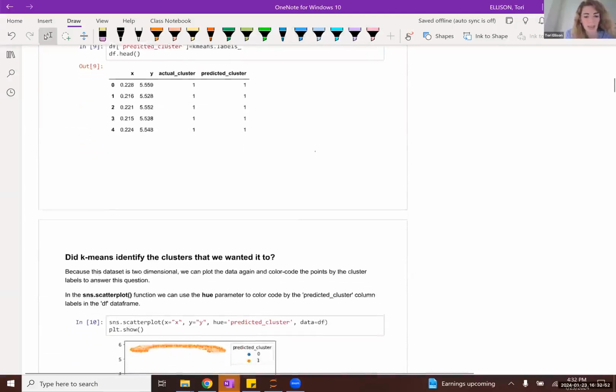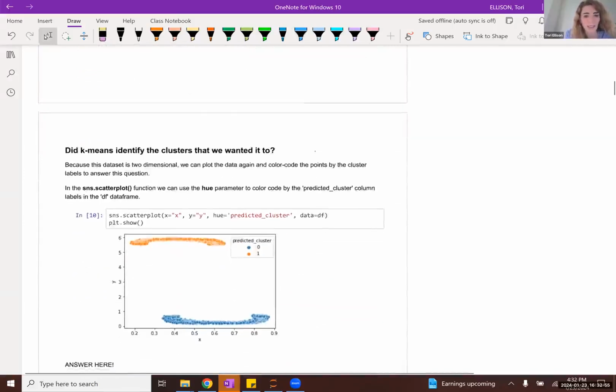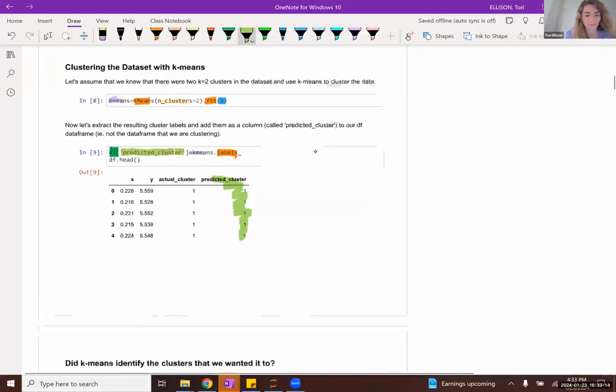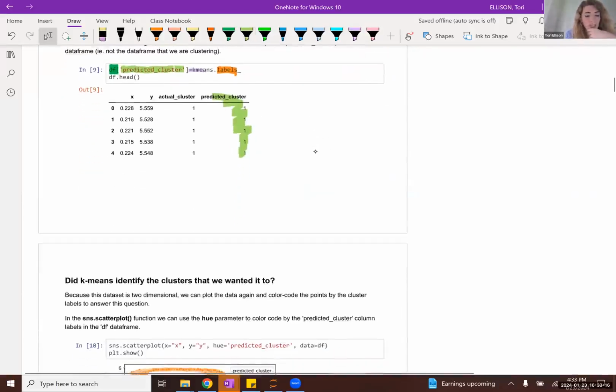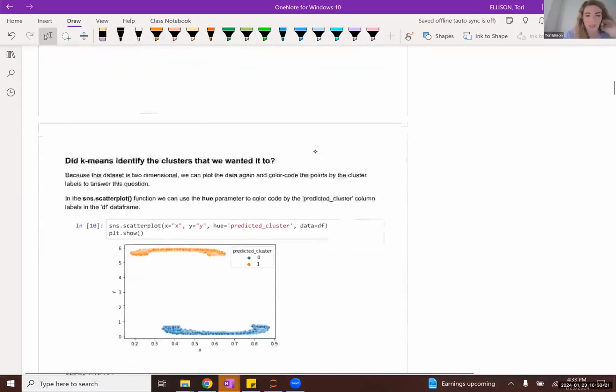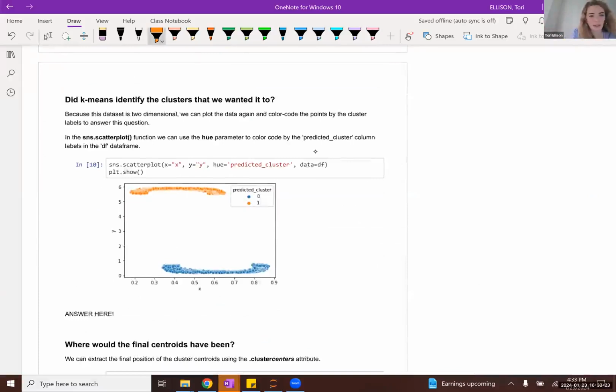Okay. And so let's see, these are the k-means cluster labels that were returned. And again, we're going to add our cluster labels as a column in our df data frame. So this is our k-means cluster labels here. And we'd like to see how well our actual k-means clustering did. What we can do is plot our data set using the Seaborn scatter plot function.